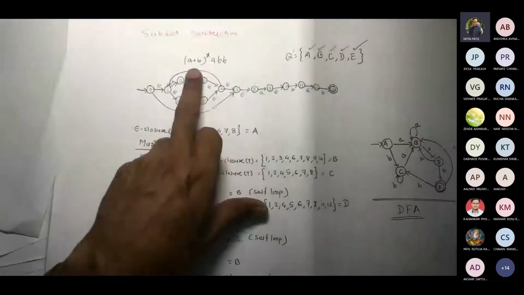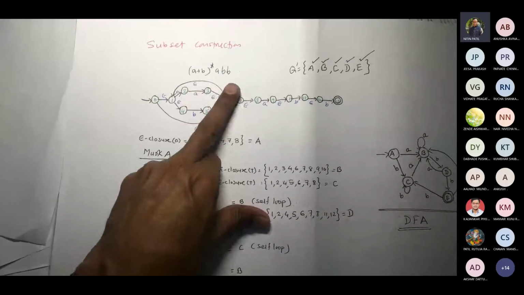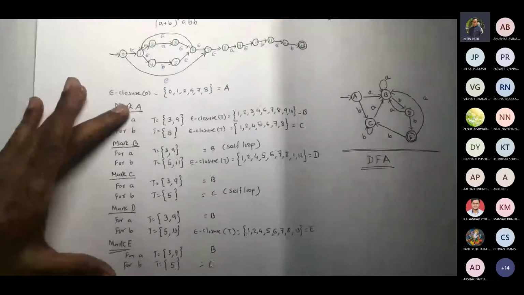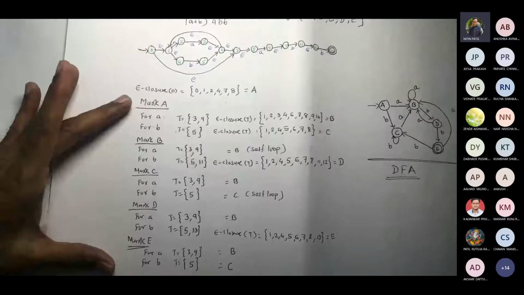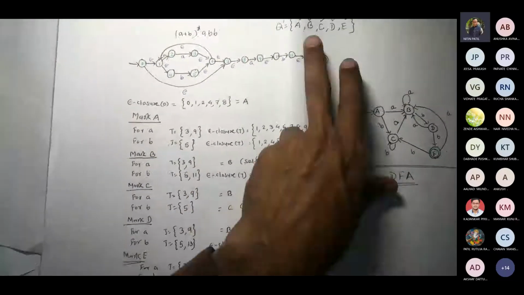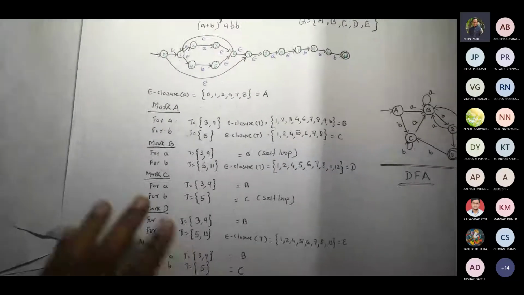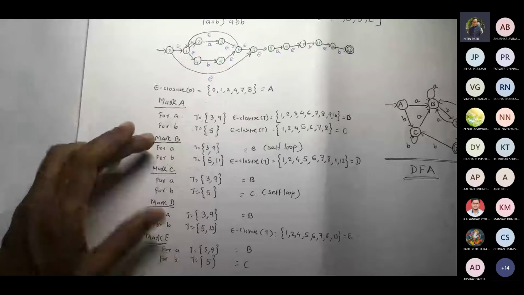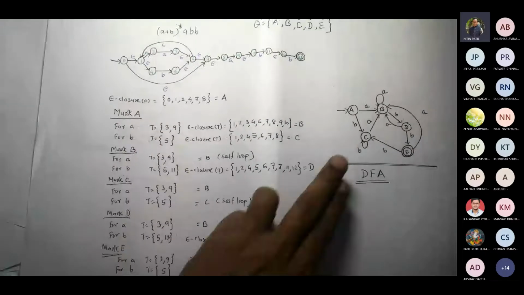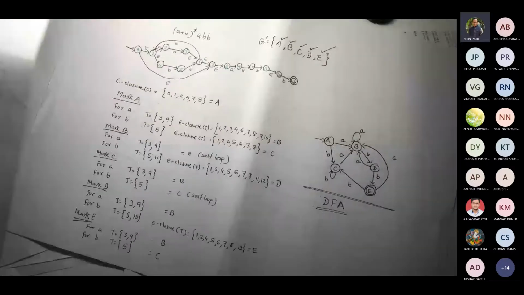Fine. So we saw that when we are given a regular expression like this, (a+b)*abb, through subset construction we applied the process. We constructed this Q dash. And appropriately, we worked with construction of each state, and then we worked out the transitions. Then we got this diagram. So I'm talking about the minimization process now, and I'm taking this as an example.